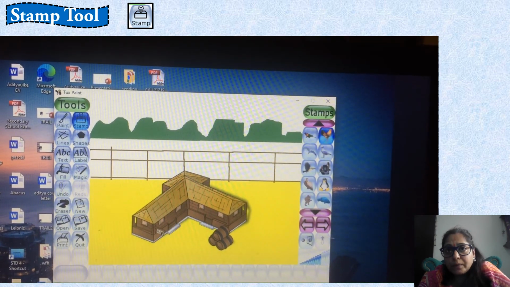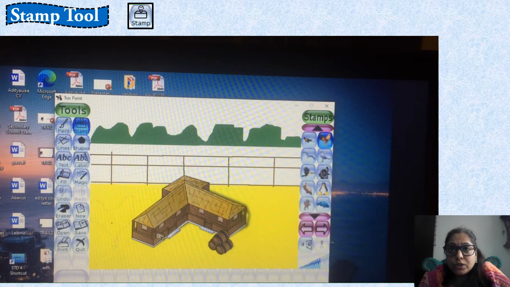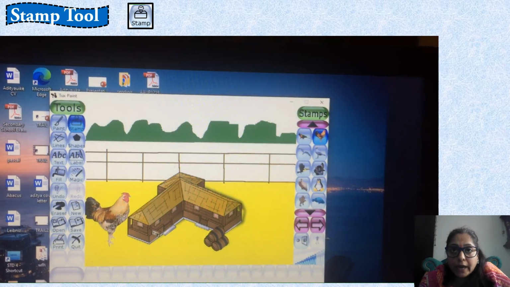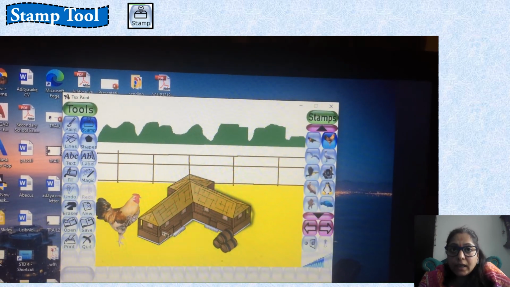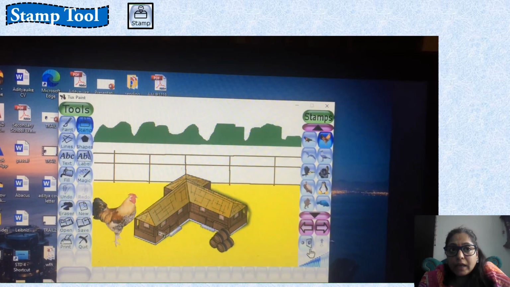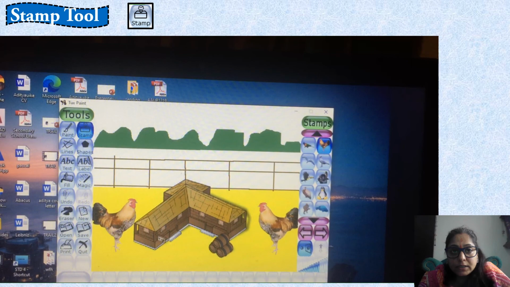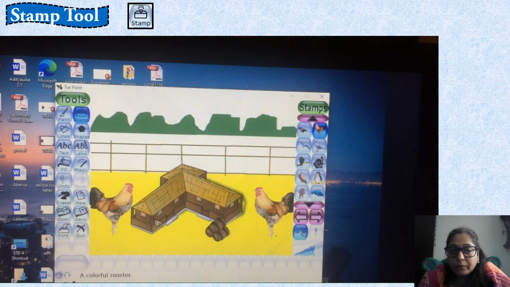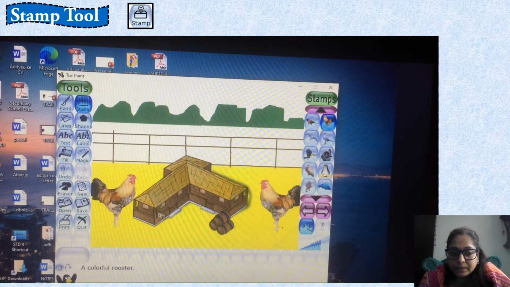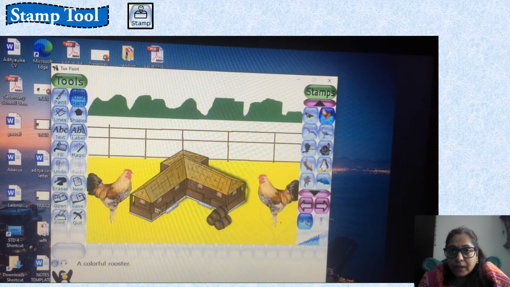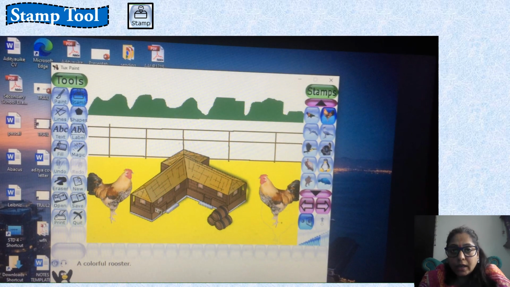We can also use the mirror of the selected stamp by choosing the mirror option below the right and left arrow keys in the sub toolbox. Click on the mirror button. Now paste the selected stamp beside the previous stamp like this. Understand, students? Like this you can use your stamp tool. It is very interesting. Please practice.